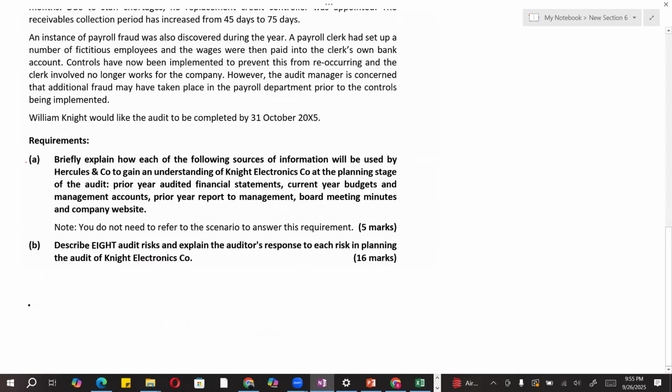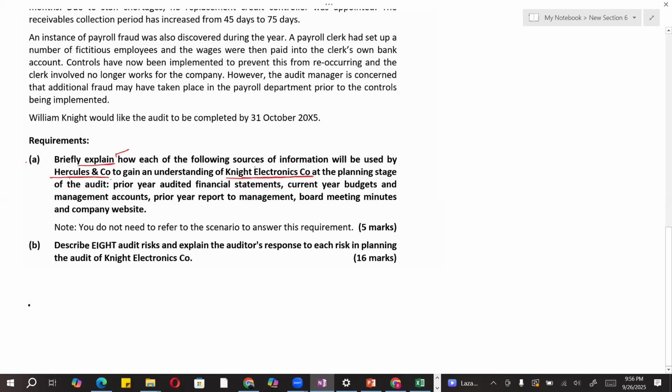First requirement is briefly explain. So the word is explain, not identify, which means that you will have to give a reasoning. Briefly explain how each of the following sources of information will be used by Hercules and Co. to gain an understanding of Knight Electronics Co. at the planning stage of the audit, and how each of the following sources,